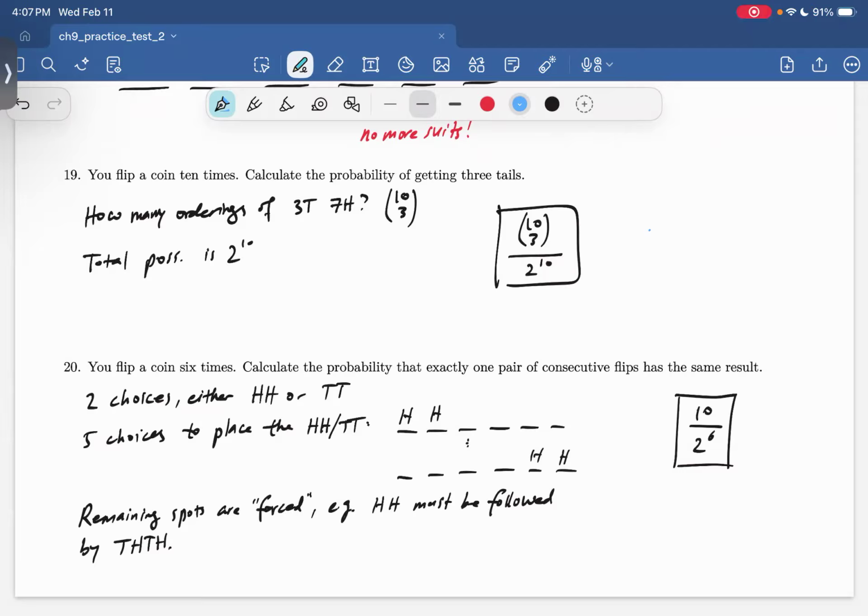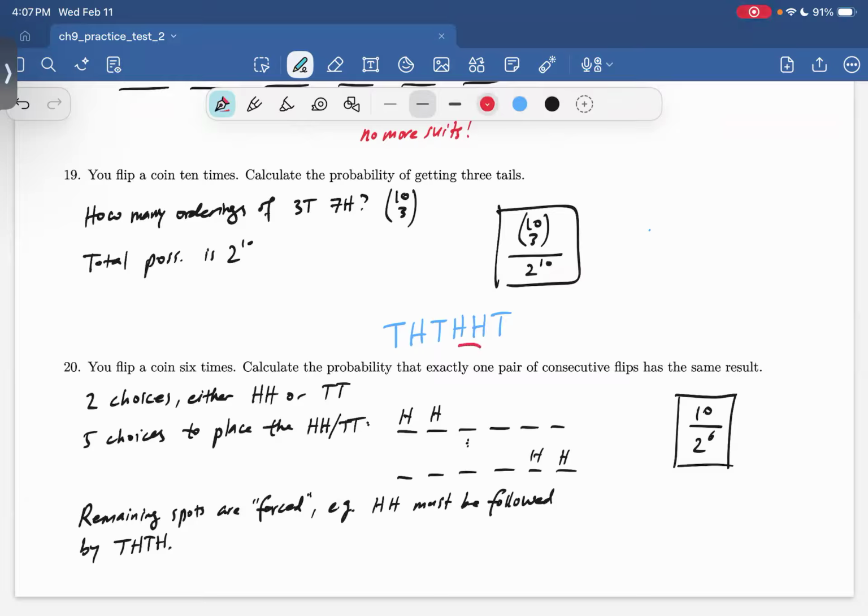Question 20 is a little tricky. It's telling us we're flipping a coin 6 times. What is the probability that exactly one pair of consecutive flips has the same result? So what do I mean by exactly one pair of consecutive flips has the same result? I'm saying, for example, T H T H H T. This is an example of a case where exactly one pair of consecutive flips has the same result,